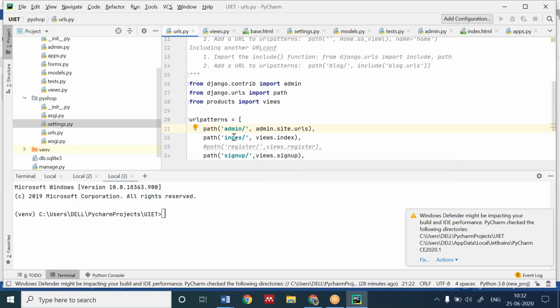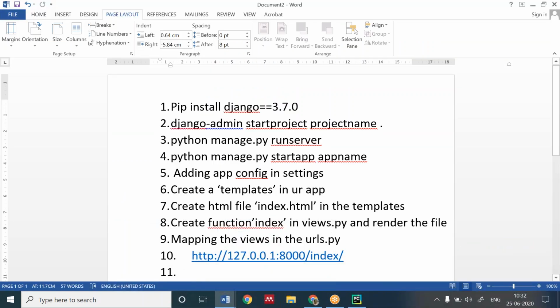How will I link? I will create a path. For creating the path, I have to import views because it will not find the views.index file, as it does not know where the views.index file is. We have to import views first. Then we will have views.index, and I will give any name by which I want to access the page. Hope it is clear to you now, Nimrit. Any doubt you can ask me again. I will repeat it again. I don't have any hesitation in repeating.